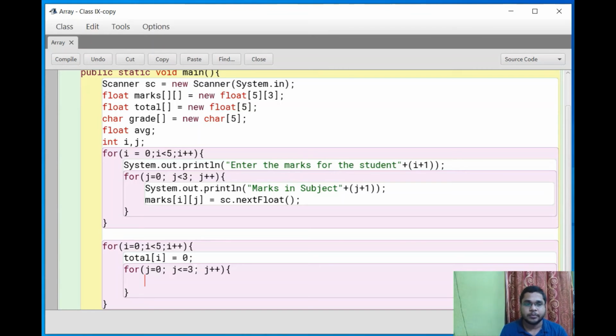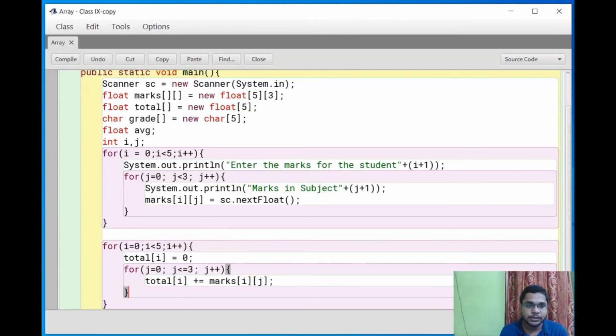Now I have to calculate the total marks. Total of i, this is the array index, plus equals means we are adding total with your marks of i j, that is i of j.